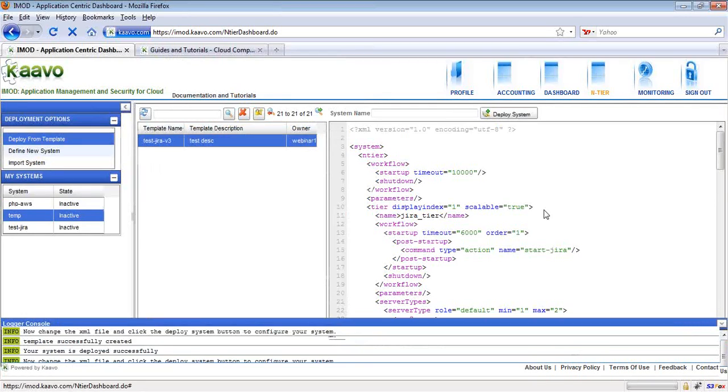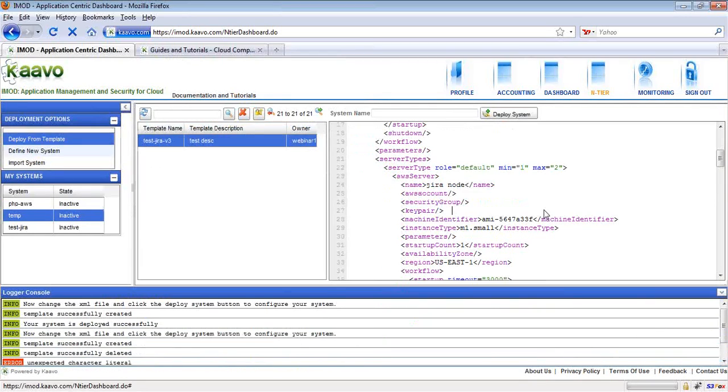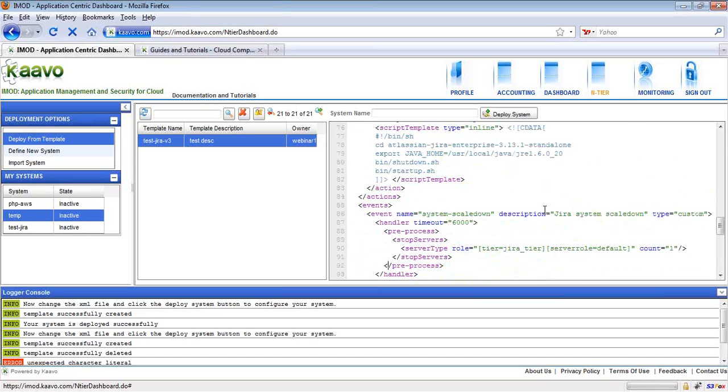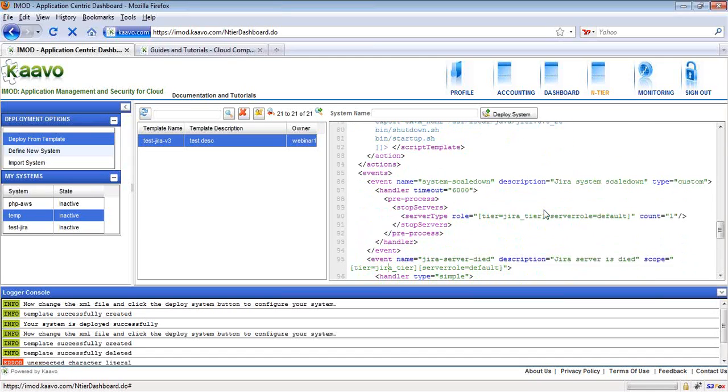This is S0 V3. This is the template, and it does not have the system scale-up event. So in this way, we have edited the first template, S0 V2, to get S0 V3.